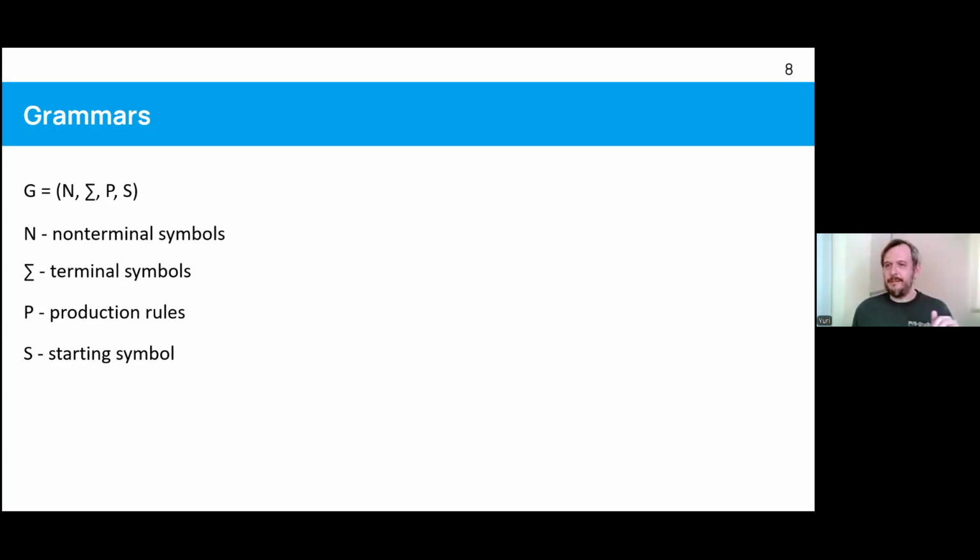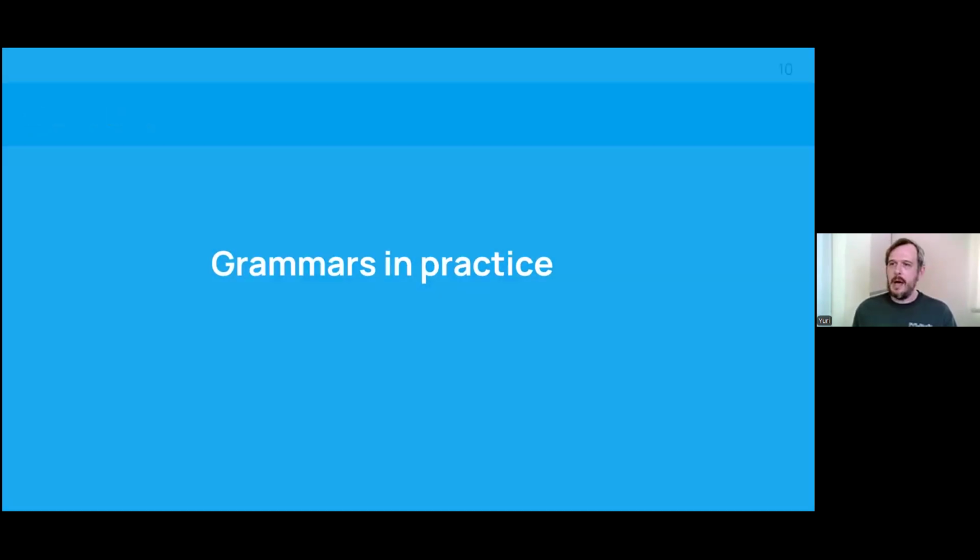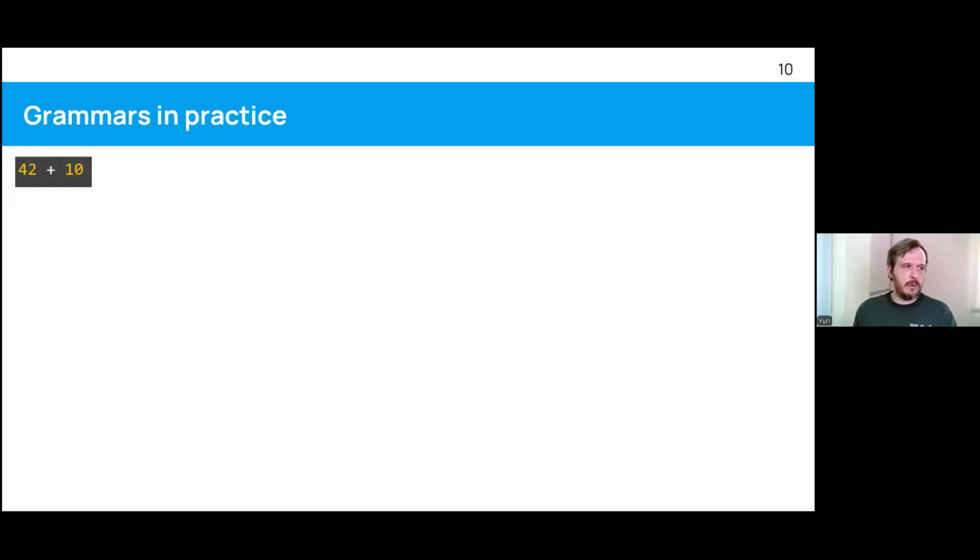So, okay, enough of that. Let's go and look into grammars. And we'll start, of course, with our machine language, which we will define as a simple one here. And as we go, it will become more and more complex. So this expression here,